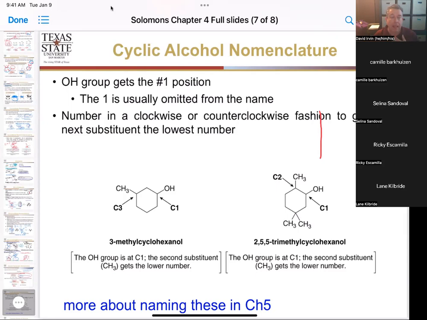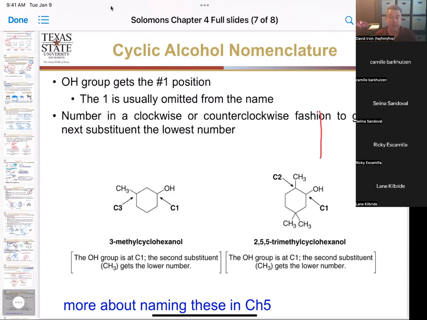Okay, so when we have a cyclic compound, if we only have an alcohol on our cyclic compound, that alcohol is going to be in position 1 because you only have 1 group. So it'd be just like 1-cyclohexanol. But if we have more than 1 group, again, the alcohol is changing the name, therefore it has to